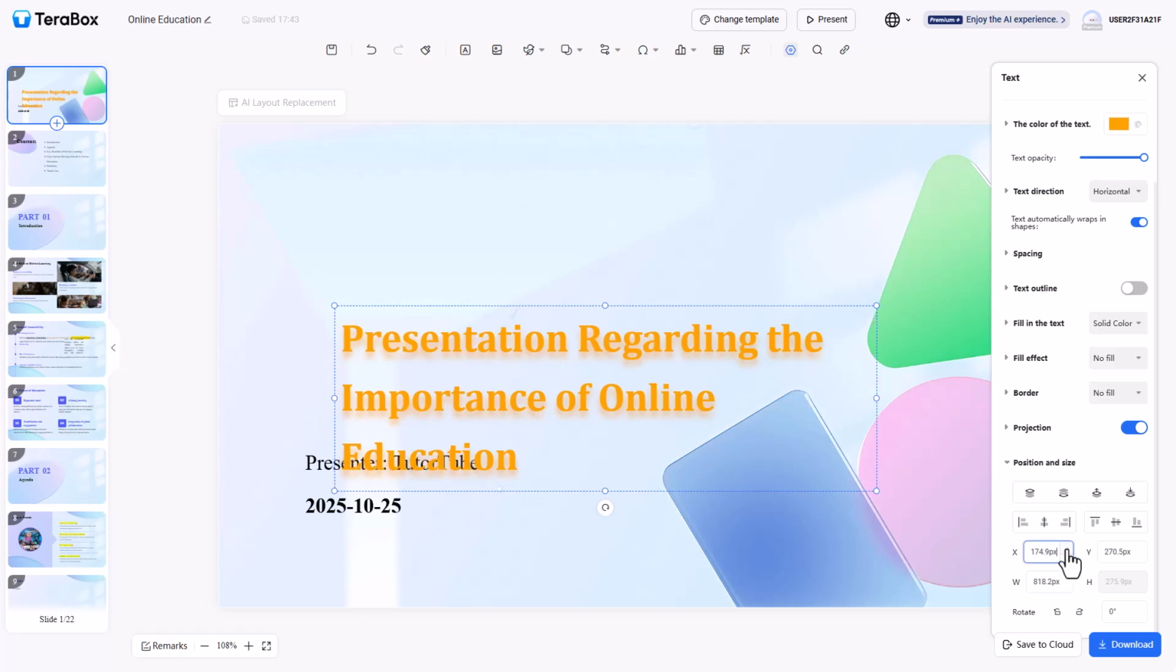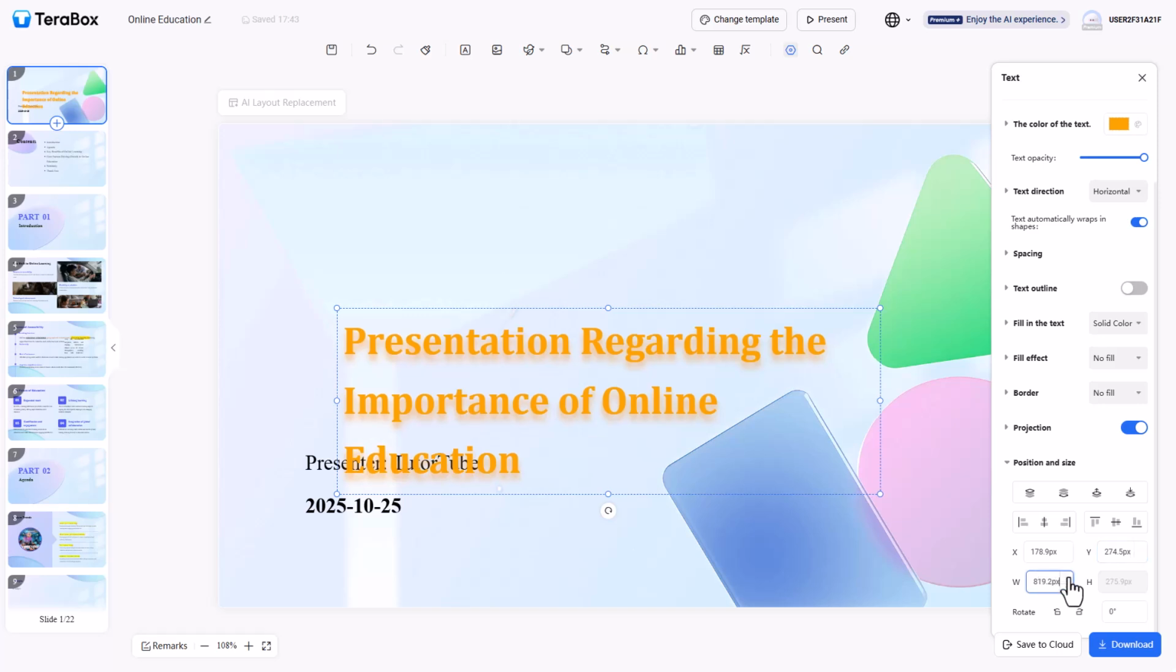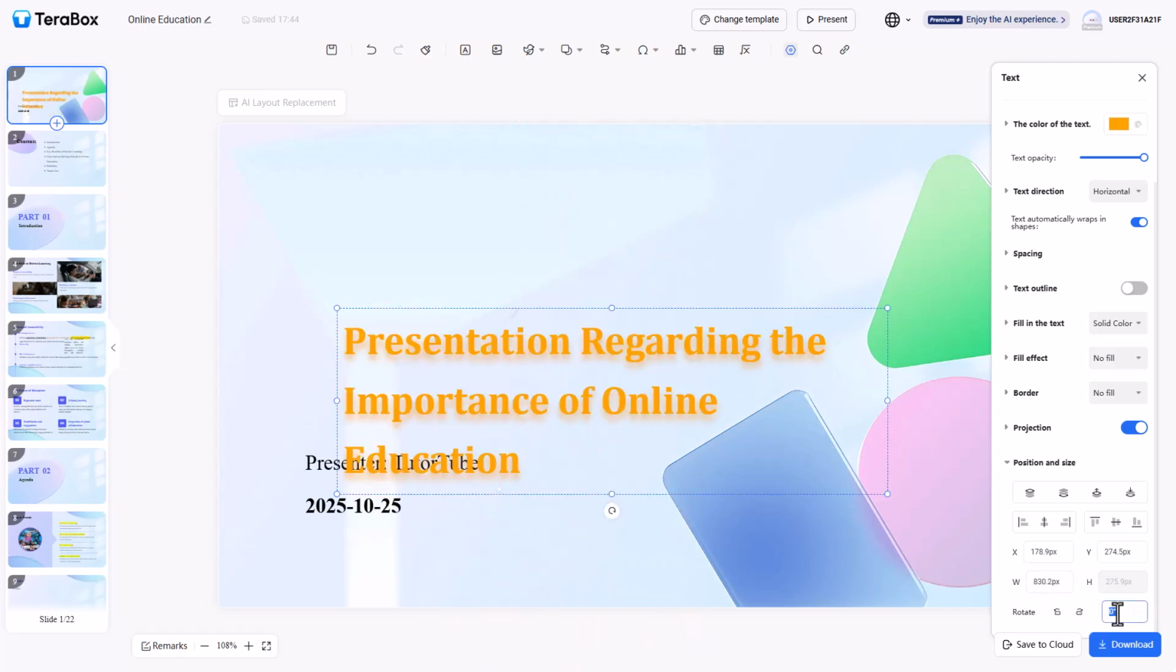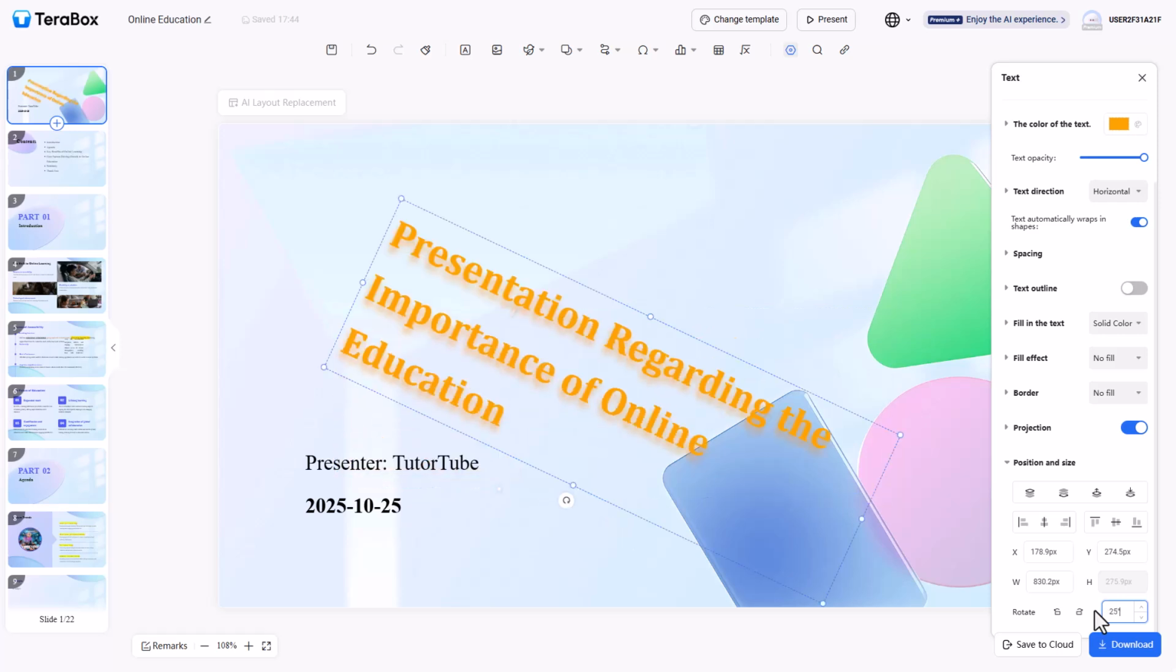You can even go ahead and change the X and Y rotation right here, and even change around the width of the text box as well by writing in the value right here, just like this as well. You can even rotate out the text right here, or you can even go ahead and type in a value right here, just like this. So that is how you can go ahead and work around with the text projection, position, and size inside of